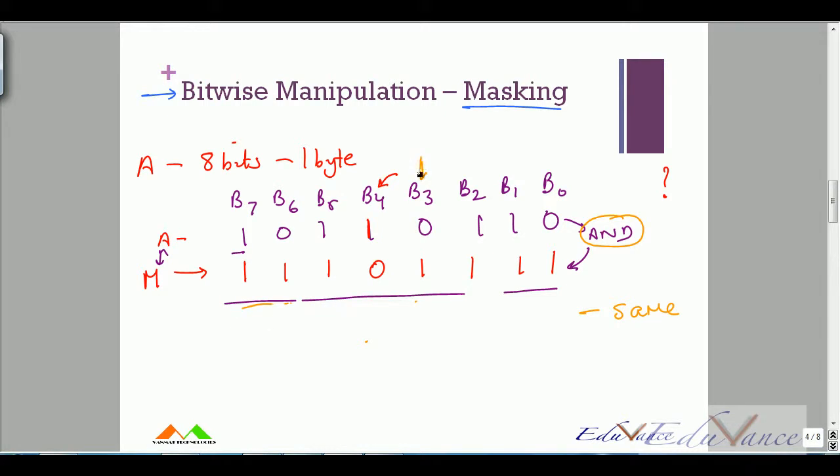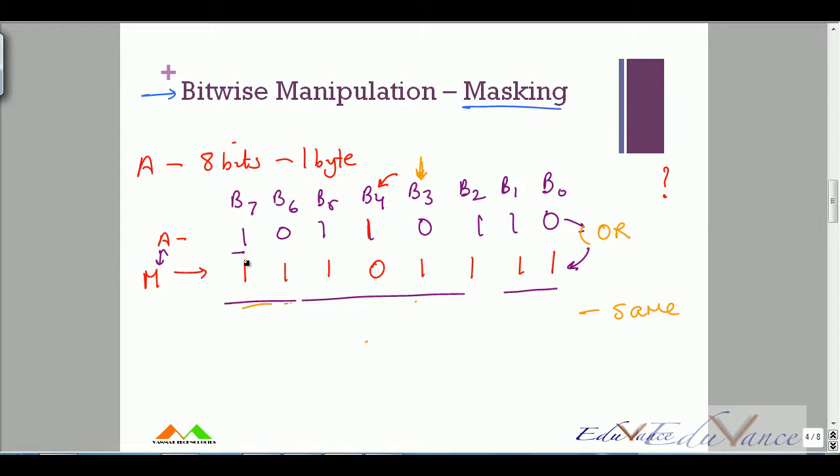Now if I want to change B3 from 0 to 1, there are multiple ways of doing it, but I'll show you the easiest way. I would change my mask, and instead of doing an AND operation, I can do an OR operation such that